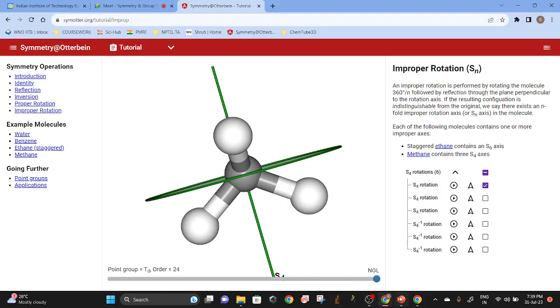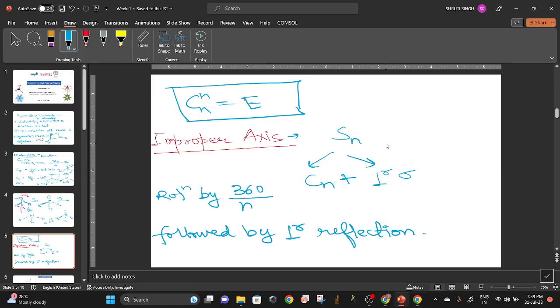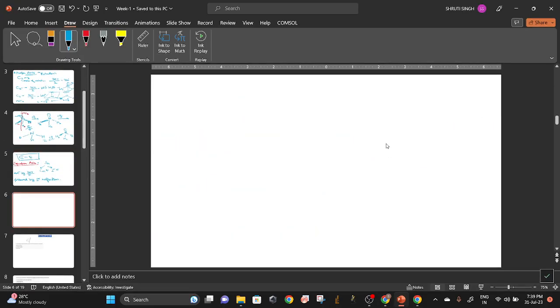Now there is one more symmetry operation, which is inversion, center of inversion or inversion center. Inversion means, this is a point. Suppose if I have,